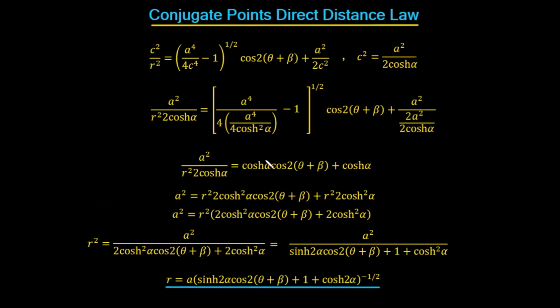Then we multiply the right hand side by the left hand side by this. So we in effect take this up here, and that just multiplies out, so we get our r squared, and we've got 2 cos squared alpha and our 2 theta plus beta, and that's the terms multiplied by this one as well. We can take out a common factor of r squared, and it's going to give us this value here, and we can rewrite this by taking this term down below. Again using another trig identity, this is going to give us this equation. This is the equation that we see actually in the Charles Fox book, which I believe is in